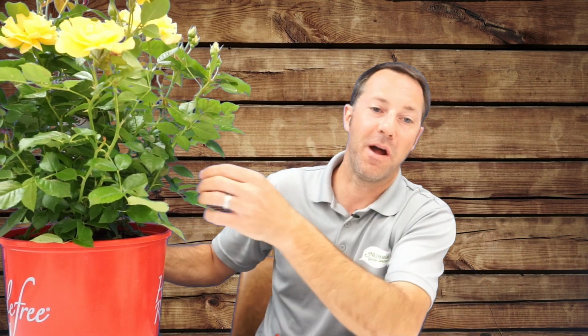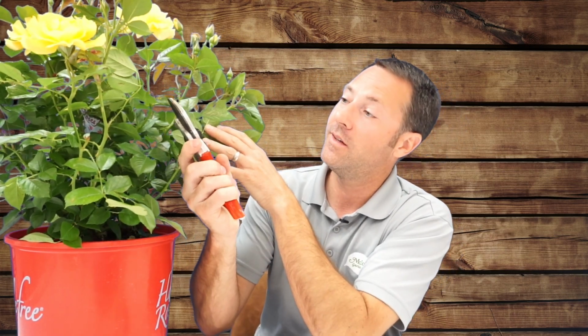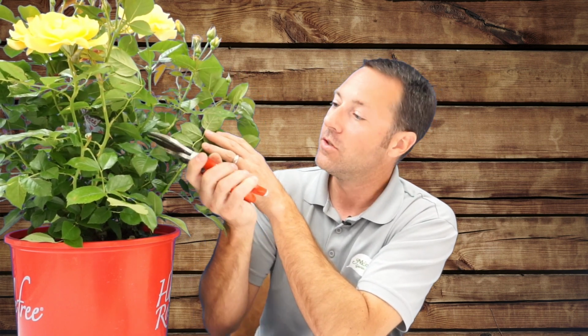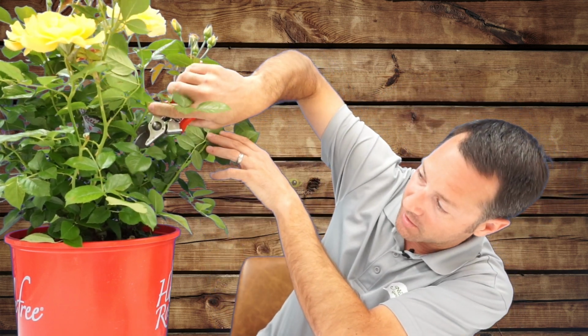Let's see if I've got another one. Oh yeah, here's the one I was working on. So this makes a little bit more sense. This one is fading a little bit, but this one is really the one we were doing. Sorry about that. So new growth is coming from here. Hate to cut that out, but it's going to have to go. So I come down, I find the angle that I want, and now we're going to cut into a little bit thicker wood. I've got my leaflet, I'm going to cut away from it,